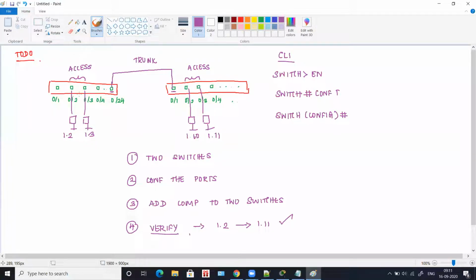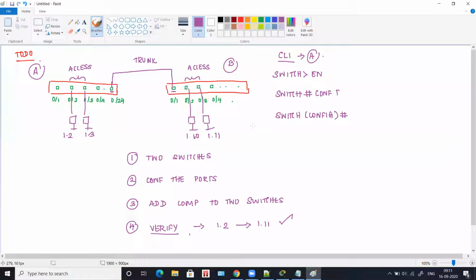In switch A, we have two ports which have to be access ports. Let's consider this is switch A and this is switch B, and this command line is happening in switch A. So in switch A, you have two ports 0/2 and 0/3, which have to be assigned as access ports.